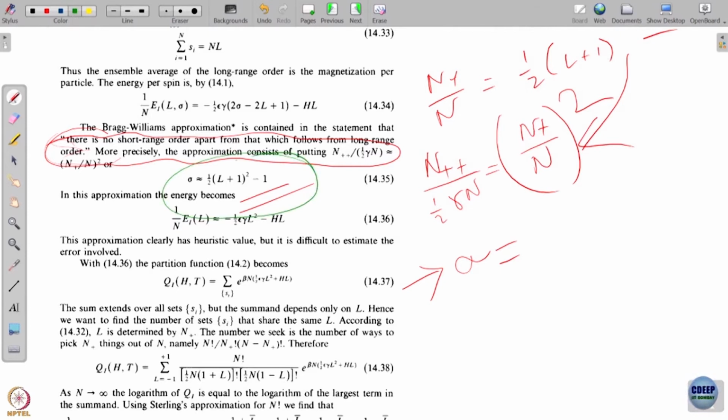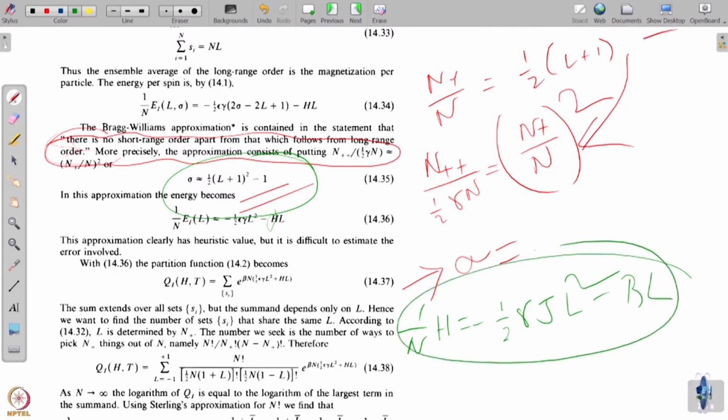Now, that essentially means that I have the Hamiltonian completely in Kac-Uhlenbeck-Huang's form; his H is my B. So my Hamiltonian is then: one over n, what is energy? One over n times H is half minus half gamma J L squared minus B L. Just make a note that his H is my B and his gamma is my gamma, but his epsilon is